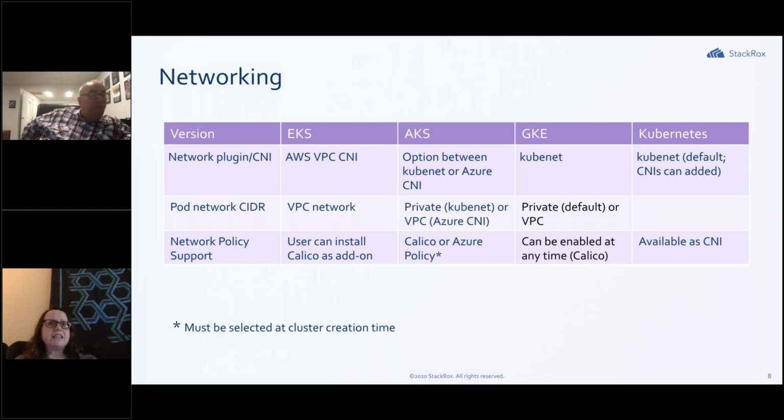With AKS, a lot of these features you have to opt in at cluster creation time. For the most part, they're the only provider that requires this. On EKS and GKE, you can enable or install Calico at any time. It does mean for Azure that you have to plan ahead, or I would strongly recommend finding and automating a way to migrate your workloads to new clusters,